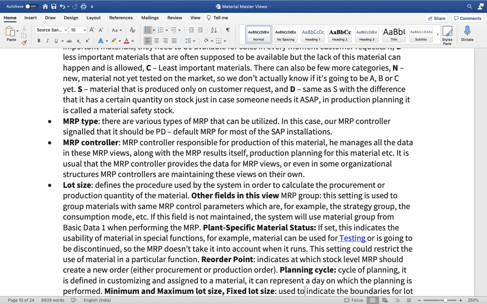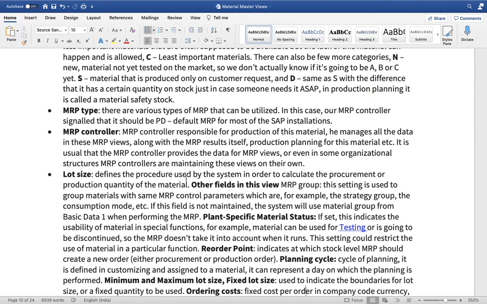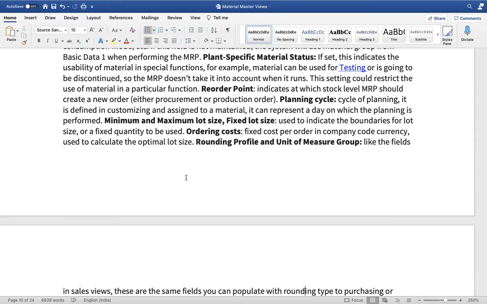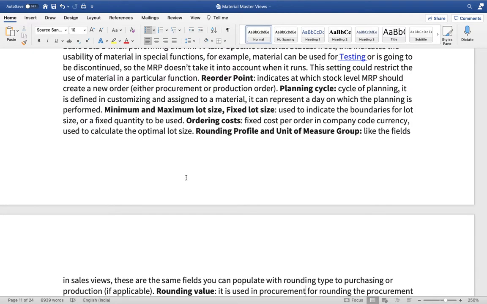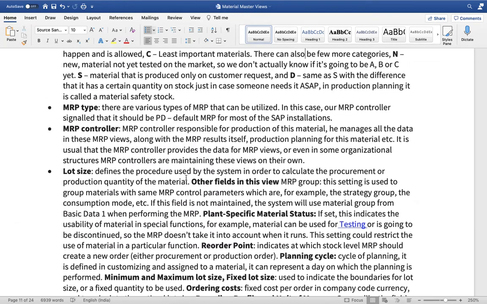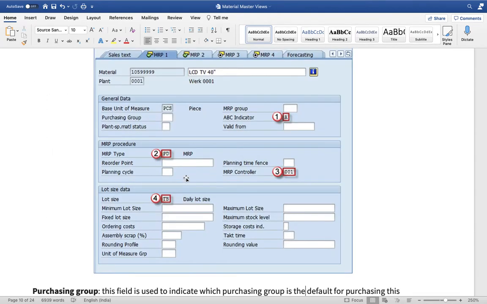You can also mention the planning cycle. Planning cycle is for the purpose of assigning this material in a particular planning cycle. So whenever the MRP runs, it will take priority and use this material for that purpose. You can mention the minimum, maximum lot size, fixed lot size, ordering cost, rounding profile, everything here, so that you can run when the material is picked up for the purpose of production.